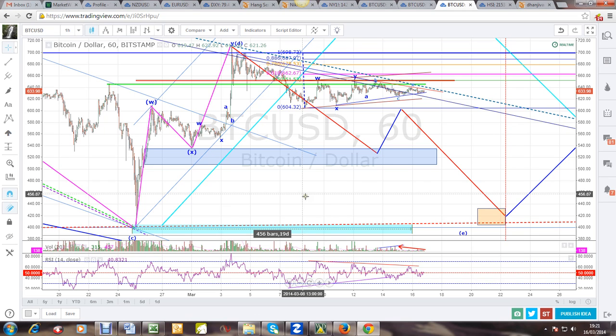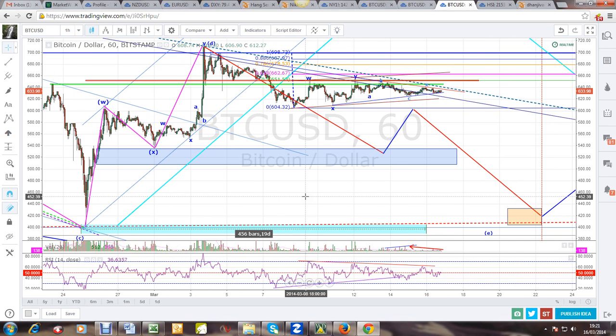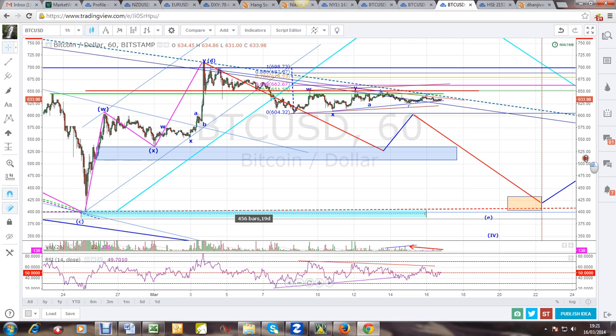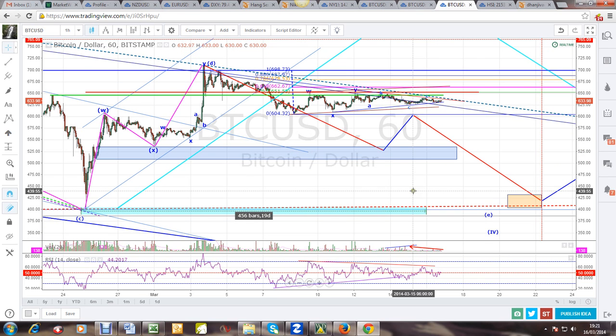Now adapting is nothing wrong, because that's the whole thing. If you're expecting something, it doesn't happen, you have to adapt. So there's nothing wrong with adapting, but if you're constantly doing that, then sometimes that could cause some people to begin to scoff at the idea that Elliott wave works. But just because somebody is not doing it right, or just because somebody is adapting, don't be stereotyped and dismiss it, because if you do,